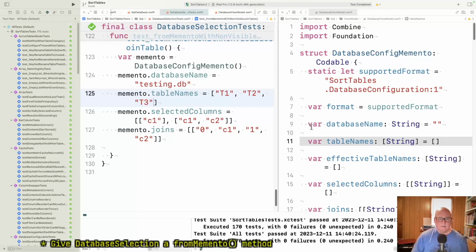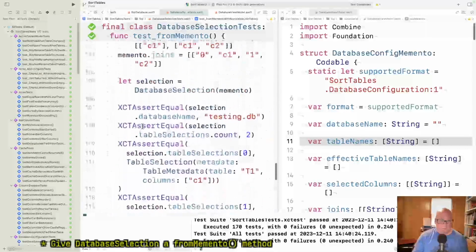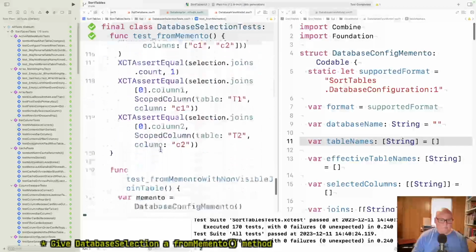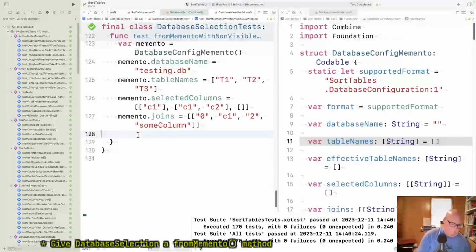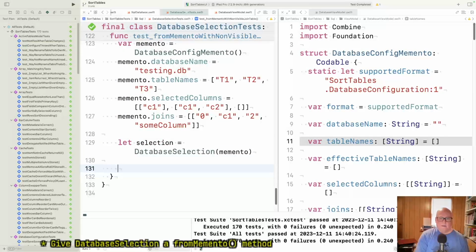Let's add T3 and use some column. Okay, so selected columns, the visible columns, we still need an entry for that table, but it's empty. All right, now the construction's the same. And the assertion is,